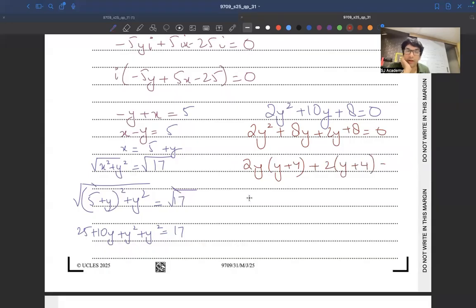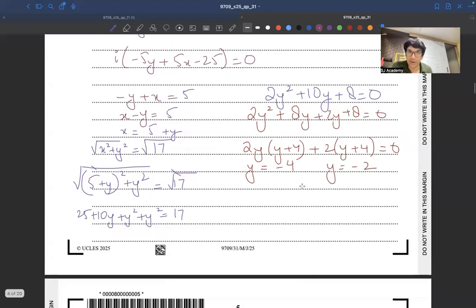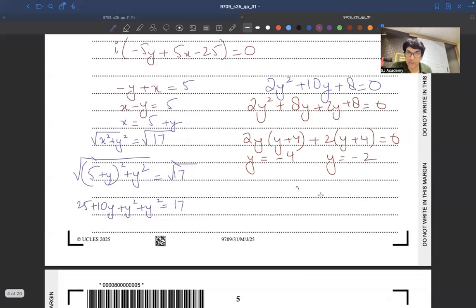So the two values of y will be y equals minus 4 and y equals minus 2. Now once we have the values of y, we can easily find the value of x. We know that x is equal to 5 plus y,